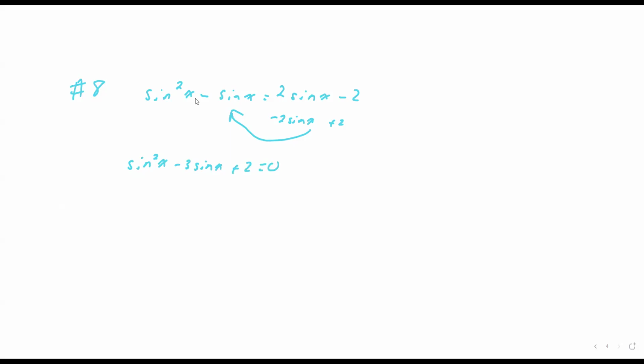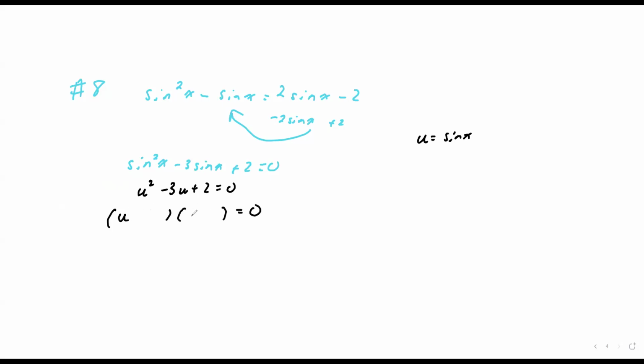Now, if I had just sine and not this square here, I would have left the 2 there. But with this square here, this should be an indication that we might have to use what we call u substitution to be able to factor this. So what we're going to do is say u is equal to sine x. So this becomes u squared minus 3u plus 2 equals 0. Now I have a nice quadratic